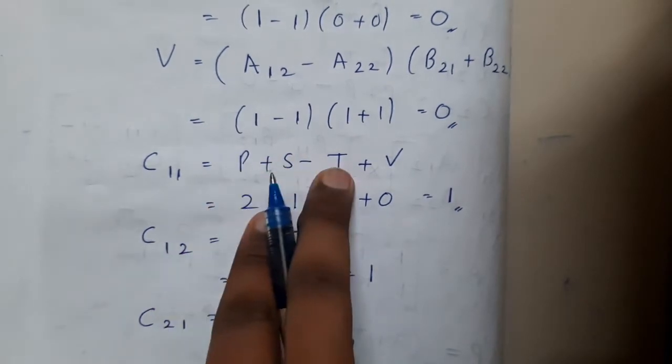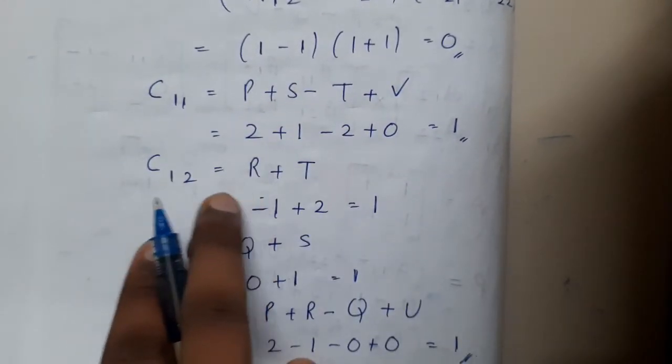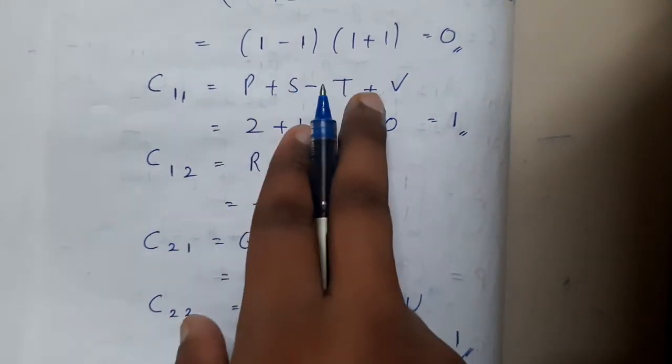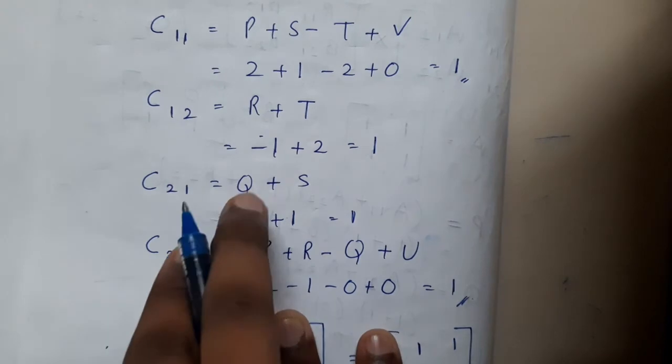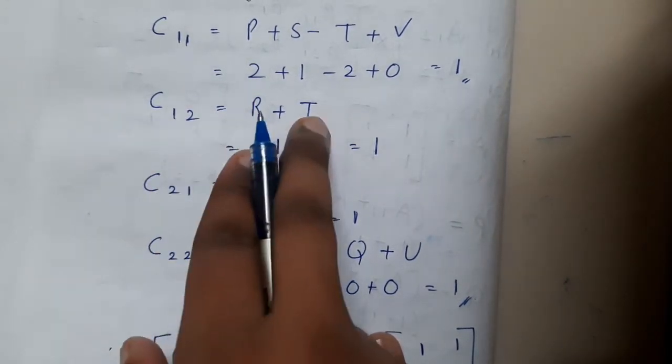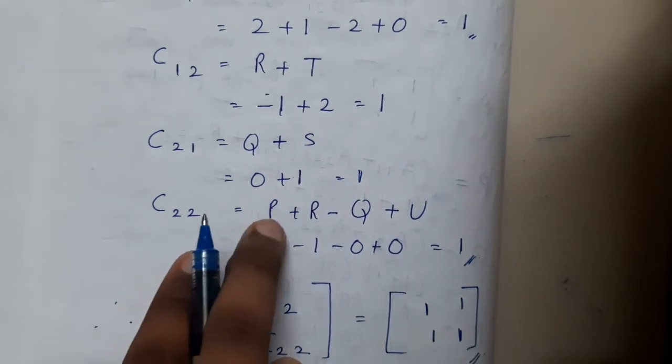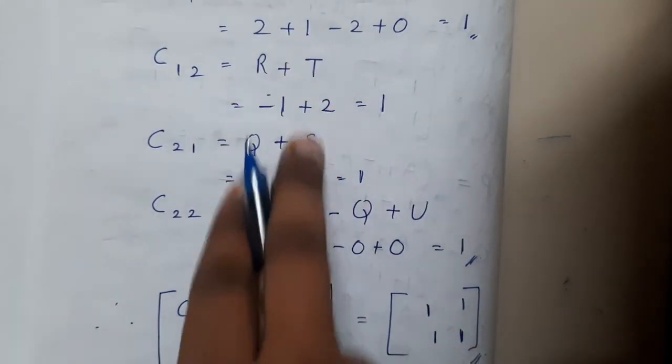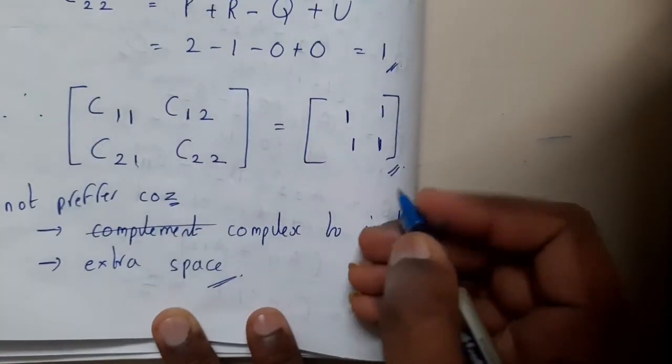So police station, TV. In police station there is some TV. So remember, positive, negative, positive, like opposite things, positive, after that negative, after that again positive. Ratan Tata is coming in the TV. Before R is Q and before T is S. Similarly, we are having priority Q. So P, R, Q, U. So you can just solve it. So you will be getting the final result as this.